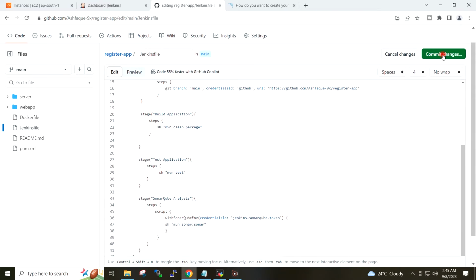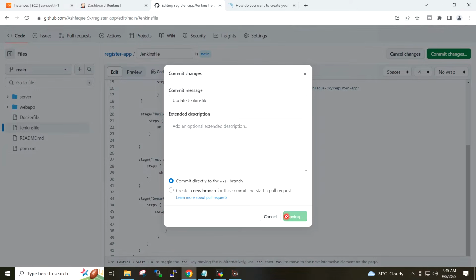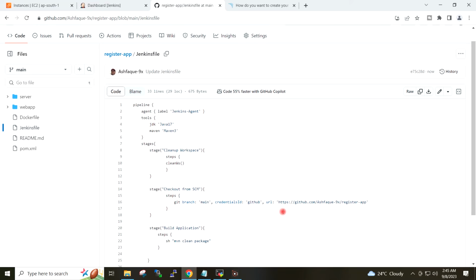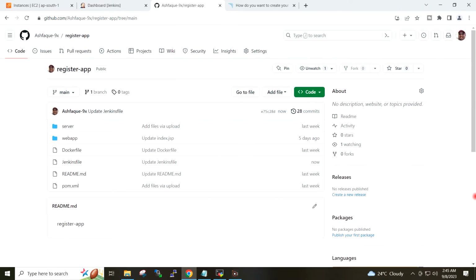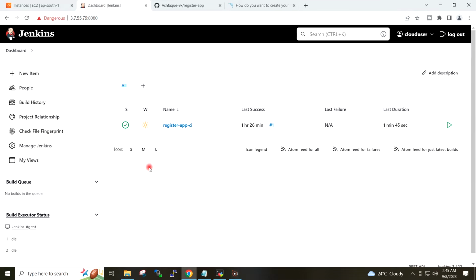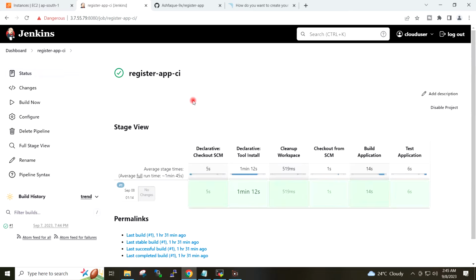I will save this file. I will go to Jenkins job, and I will click on build now.